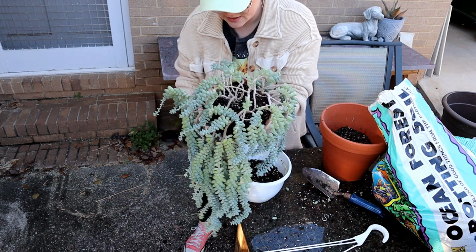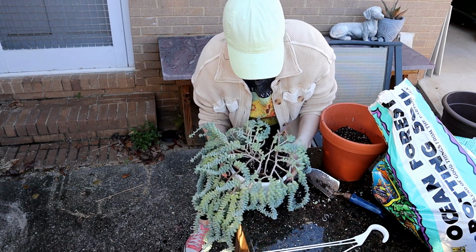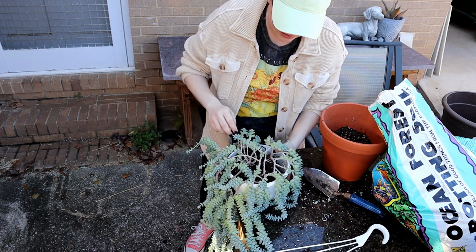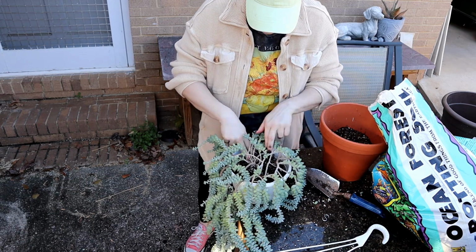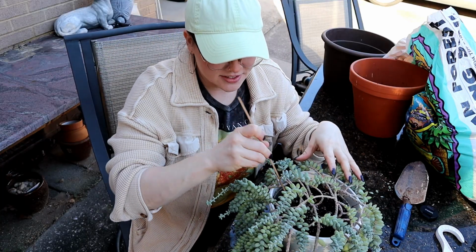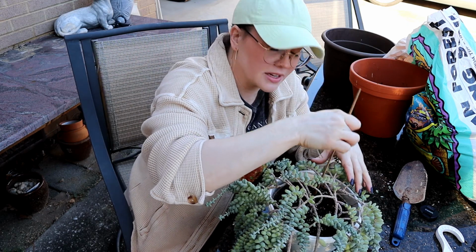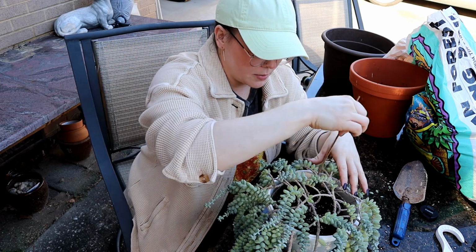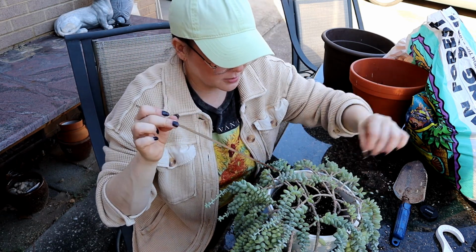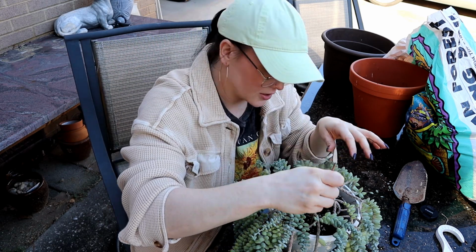Here we go again. Attempt number 65. A hot mess. Oh gosh, no, my hand's stuck. Are you in? Okay, it's in. Now that it's totally in here, I'm really gonna work on breaking up the root ball because it's just so compact and stiff. I want some new soil to kind of go down in some parts. I'm not going to disturb it too much, but oh my gosh, you guys, that was crazy,